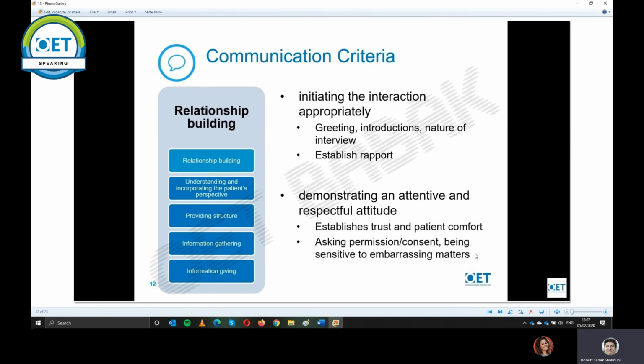Okay, I'll give you an example. If you want to ask a woman or a lady whether they're married or not, or if you want to ask if they are sexually active, you can't just ask it. You need to ask for permission, or you might say, "Well, I understand this might be uncomfortable, but could I ask you a personal question?" Okay, so actually you show some sensitivity. You can't just ask, "Okay, are you sexually active?" No, that's wrong. Okay, so you need to be sensitive,